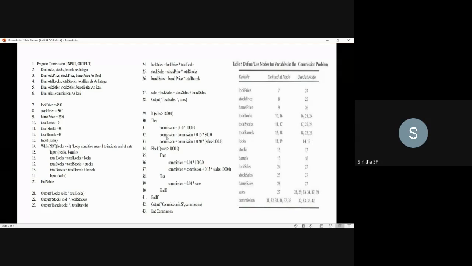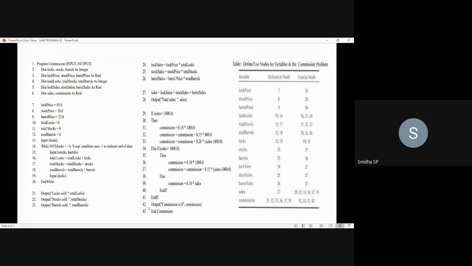Then coming to this 32nd node, whatever you have updated, that value you are using to update the commission once again. So you are using it at the 33rd node also. Similarly, in the 37th node, where you are updating the commission value, then in the 42nd node, you are using the commission value to print the total commission that the salesperson has obtained.